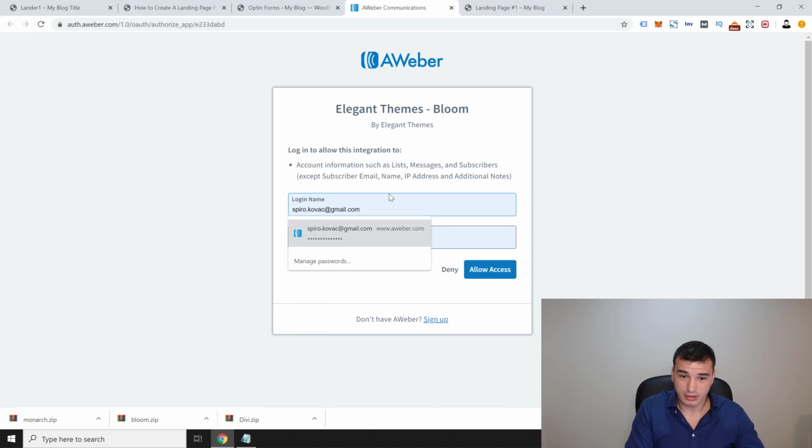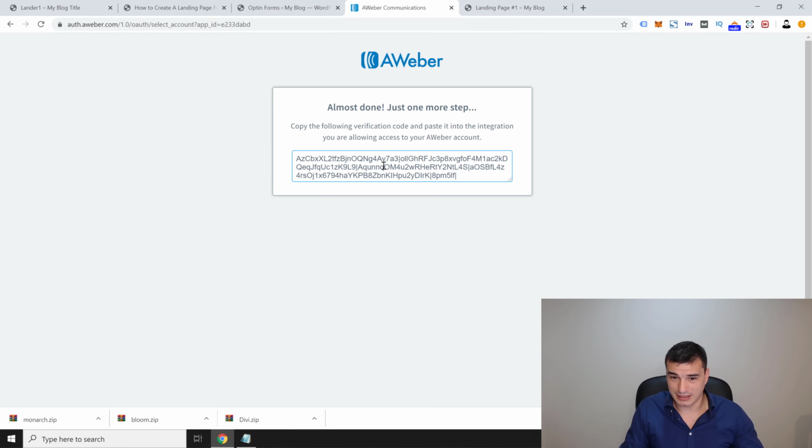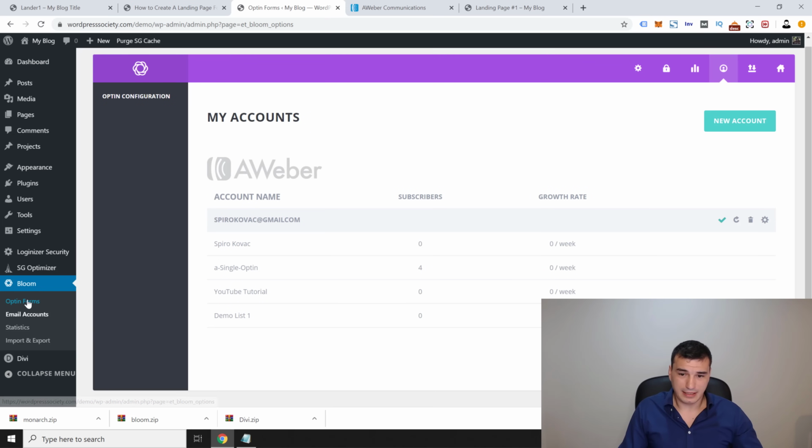Just type your login details and then allow access to the application, and you're gonna get this code. Now copy this code, go back to the opt-in form, and now type your email and your authorization code for this particular list, and then click authorize. And as you can see, you are in your account. It will tell you here that no lists are available on the account, but don't worry about it. Just click go back. And now they're gonna get loaded,